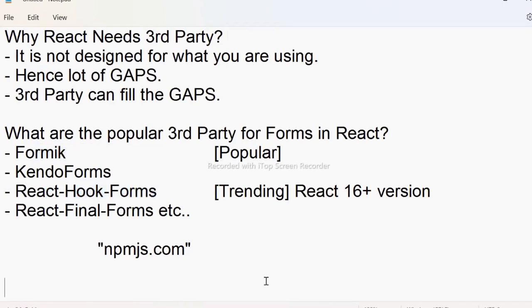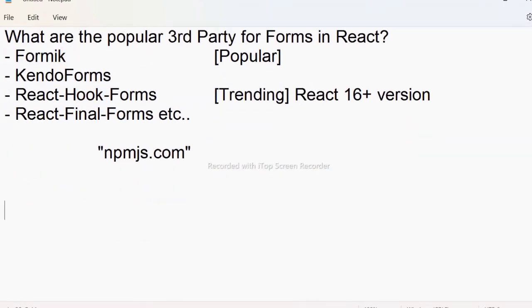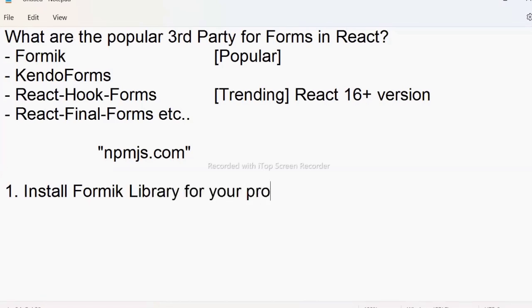So what to do? We have to install the Formik library for your project. That's very simple. You can open your project terminal or command prompt and run npm install formik, and we will use the save flag. This is for installing. If you have any doubt in its versions or any issues, see, the majority of third parties are